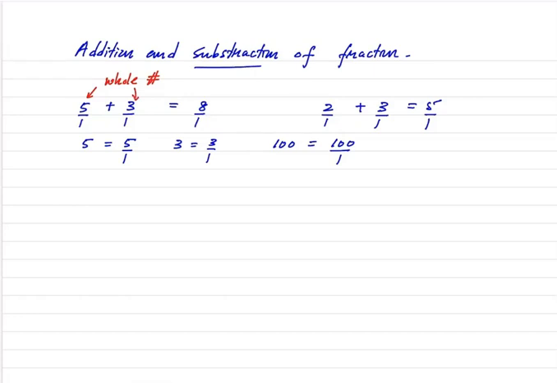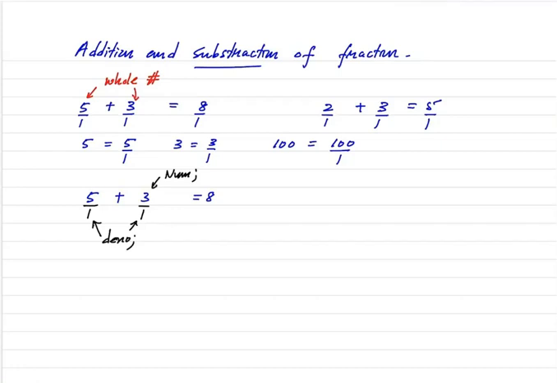Now, when you have 5 plus 3, it's 8. Now, what is the secret here? The secret is this. Underneath 5, you have 1. Underneath 3, you have 1. So this is called the denominator. This is called the denominator. This is called the numerator. Those are just words, okay? So you don't have to really worry about those words, but it's a common term in math, denominator and the numerator. You know that.